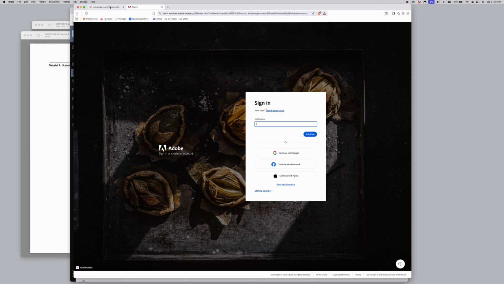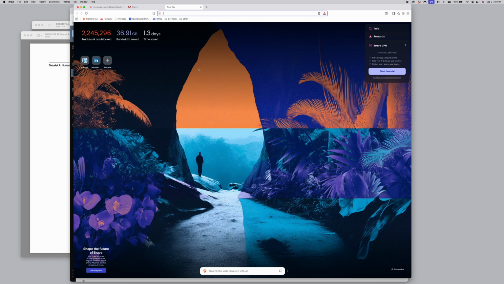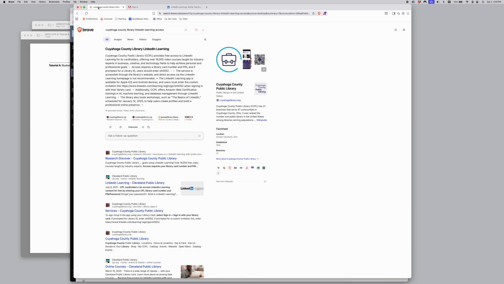The other thing, LinkedIn Learning, same thing, they're going to want you to spend some money with them. Don't do it. You can get it for free through your library system. So if you do a search with whichever library system you live within, so whether it's Mentor, it's Chardon, it's Euclid, it's Mayfield, whatever, this search here